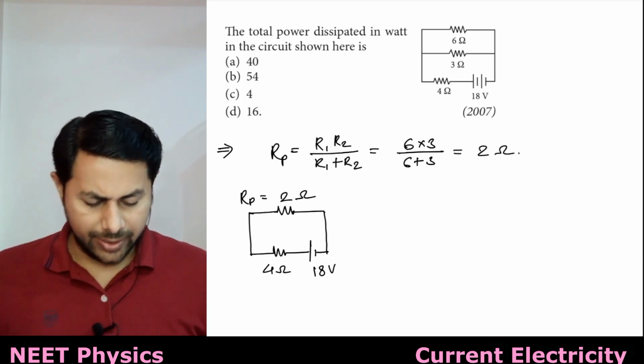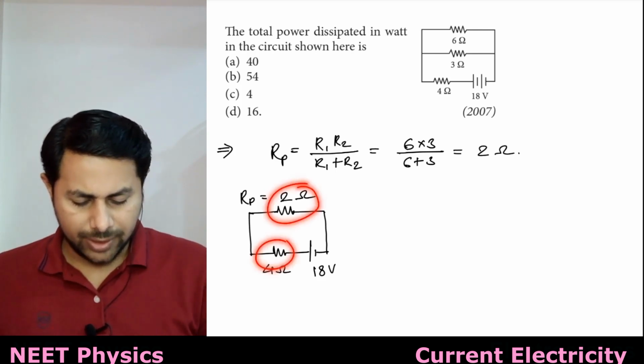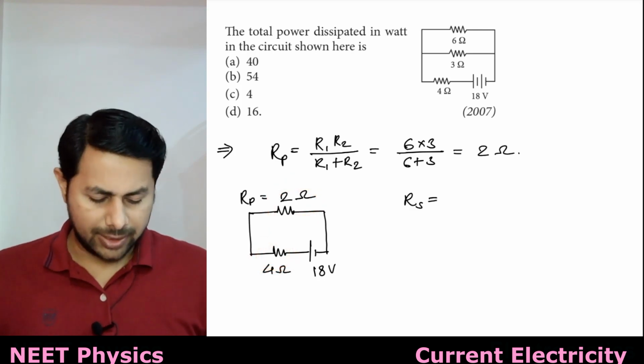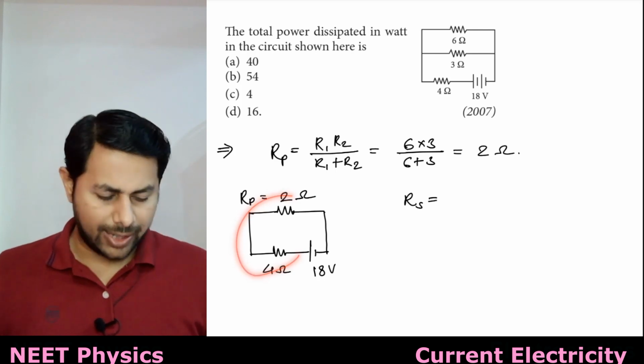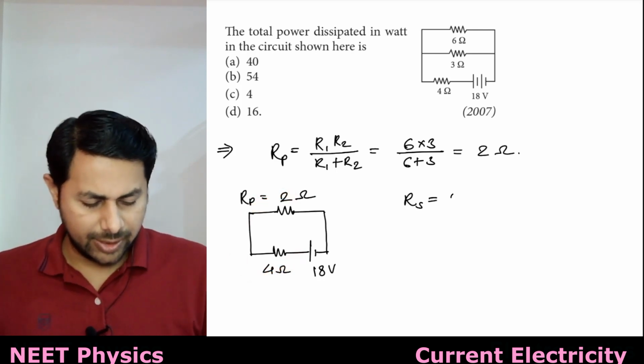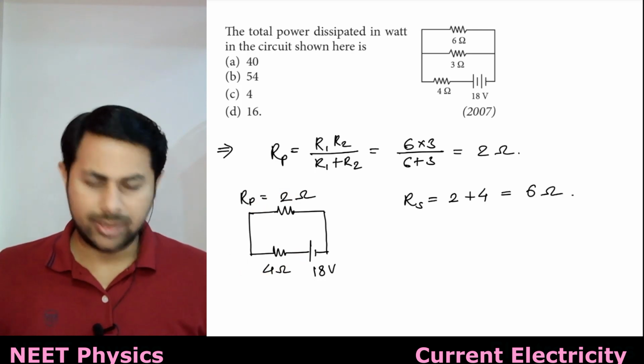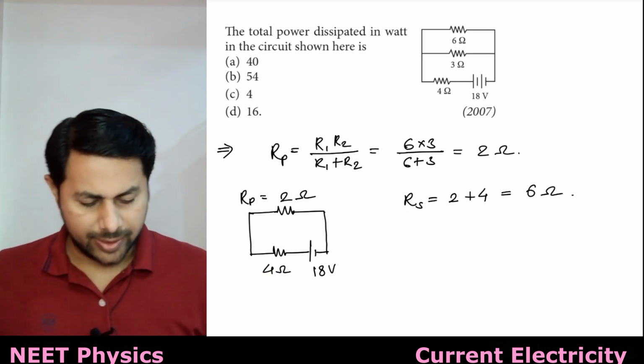Okay, so then what will be the total resistance? R total, these two will be in series combination. So Rs is equal to what? It is equal to 2 plus 4. 2 plus 4 means 6 ohms, right? And then,